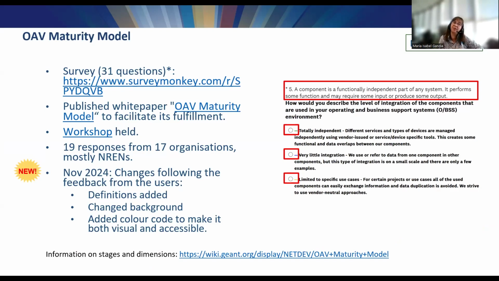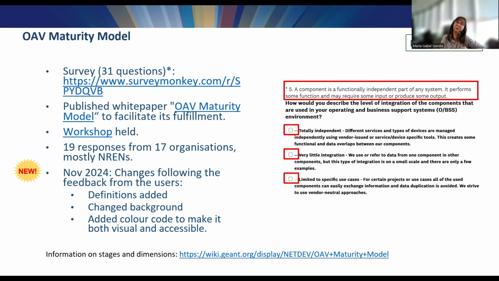So far, we have 19 responses from 17 organizations, because the idea of the maturity model is also that you can take it more than once, so you can compare where you were and where you are. You take your subdimensions, your improvement points, you improve on that, and you take the maturity model again, and you see which levels are now not so balanced and you should put more effort on.